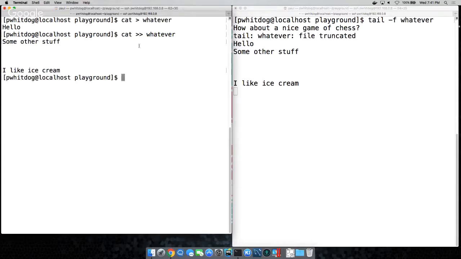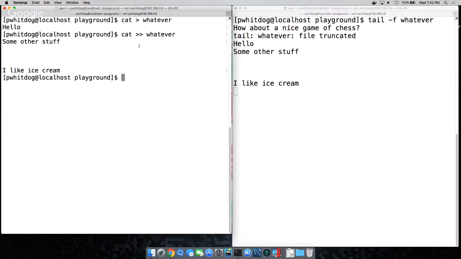Another thing to notice is a little trick. If you do cat, single operator, file name, enter, Control D, there was a short form for it. A lot of people use this as a short form to truncate a file.